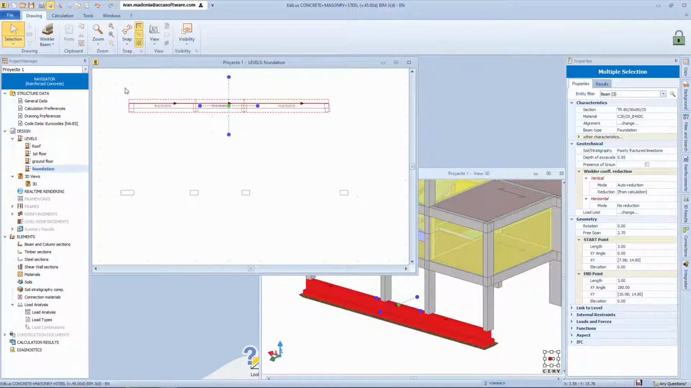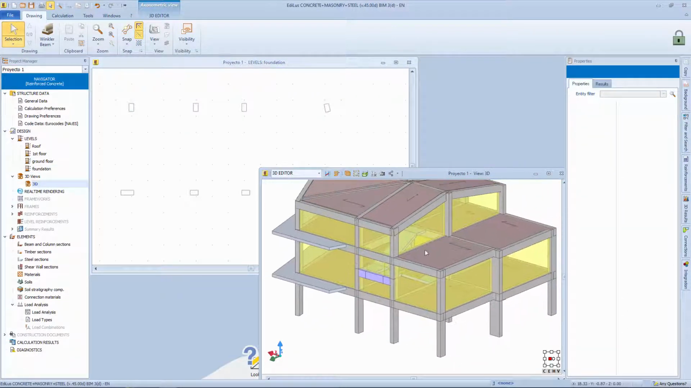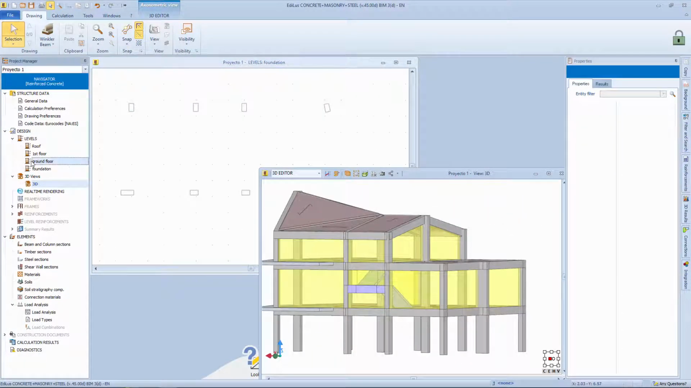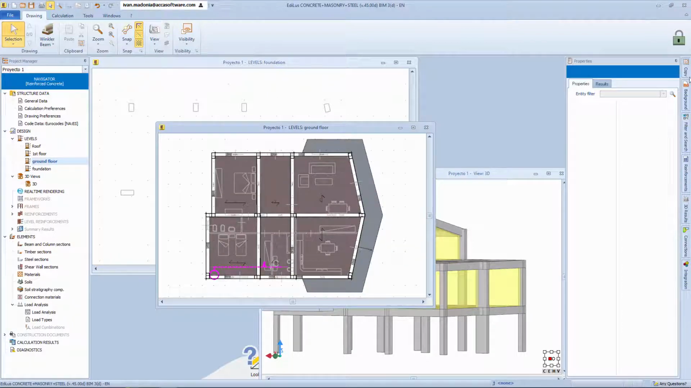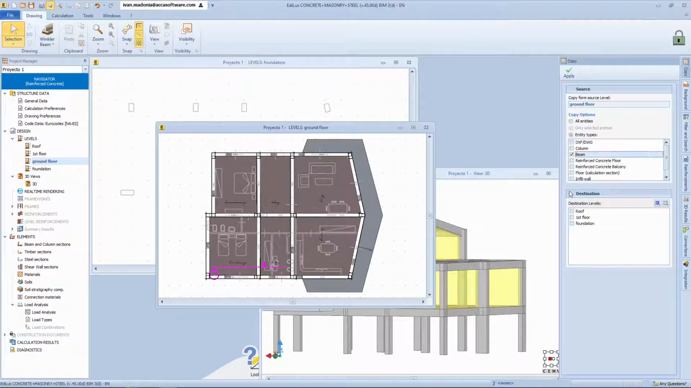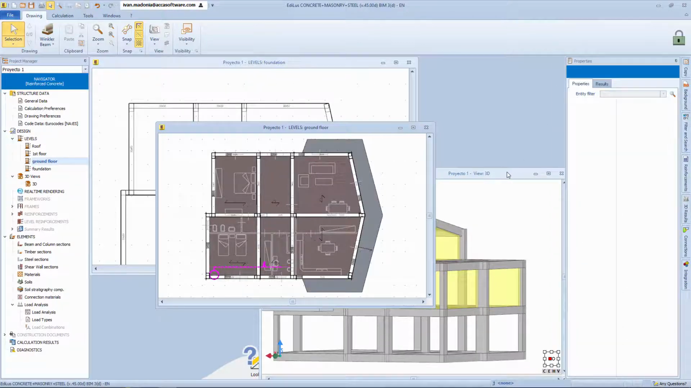Returning to the foundation level, I'll continue to add the other beams, but I can still use the same method as before, copying the generic superstructure beams from the ground floor level. Using the copy function again, we set the ground floor beams as our source beams to be copied to the